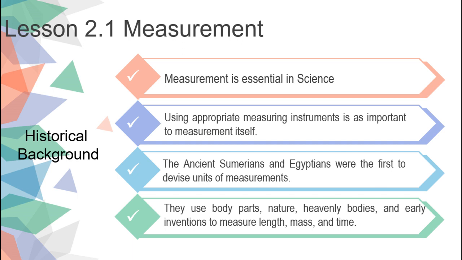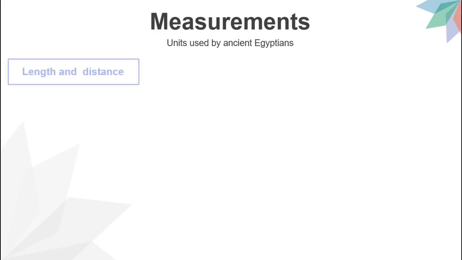Now, in measuring length and distance, these units were used by the ancient Egyptians according to their recorded history. You can also find in their pictures what they used related to measurement. So in length and distance,